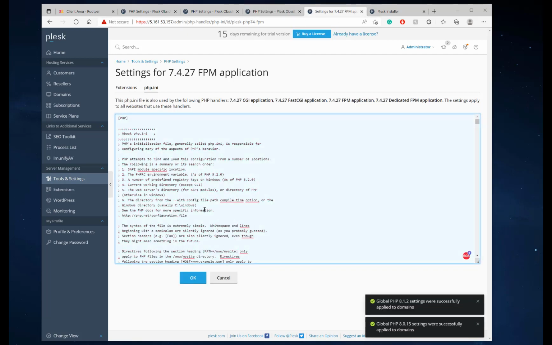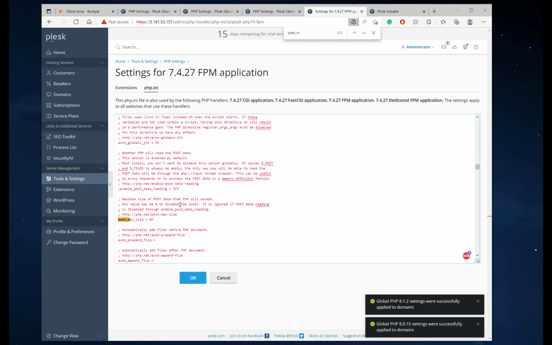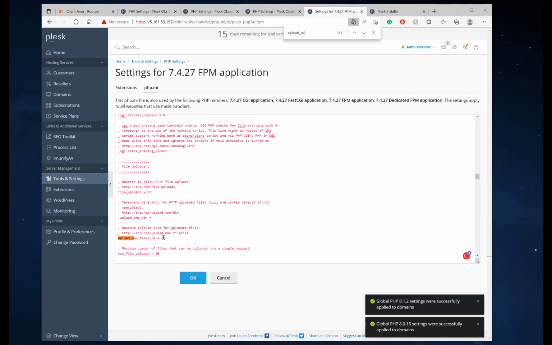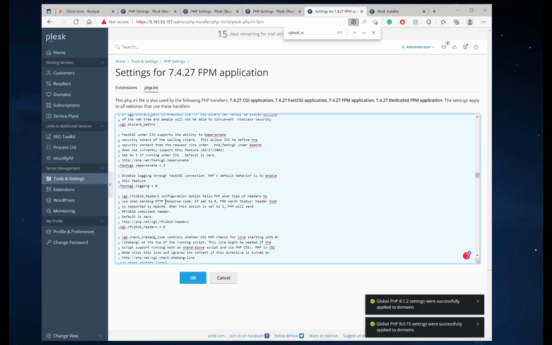And if you do need it, let's say you're using Nextcloud on Plesk, or you're using a PHP script or code that requires a longer max execution time, bigger post max size, then they need to let you know, because it's going to take a lot of resources off the server, and it could bring down your server if they're doing too much on the upload max size and stuff like that. So yeah,